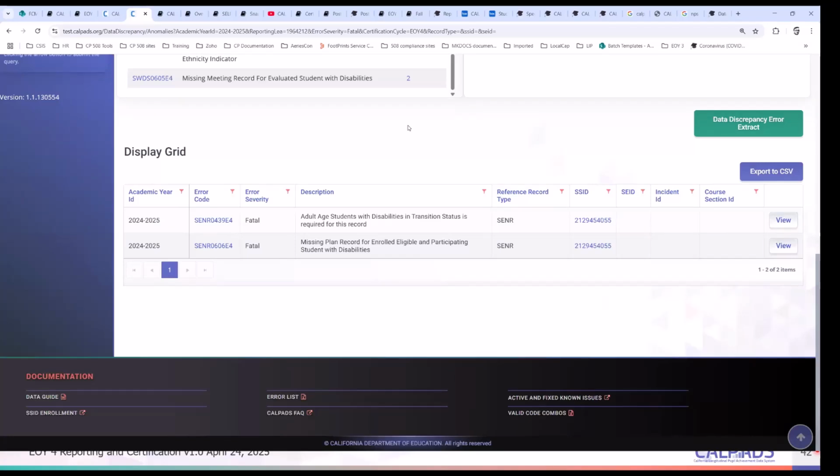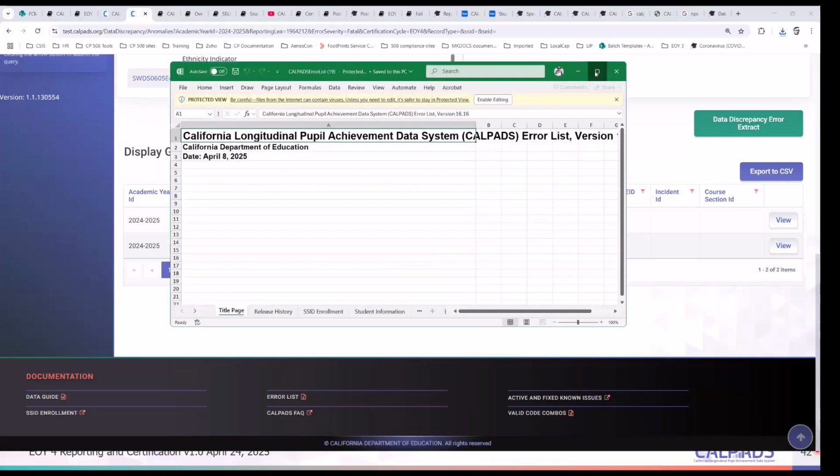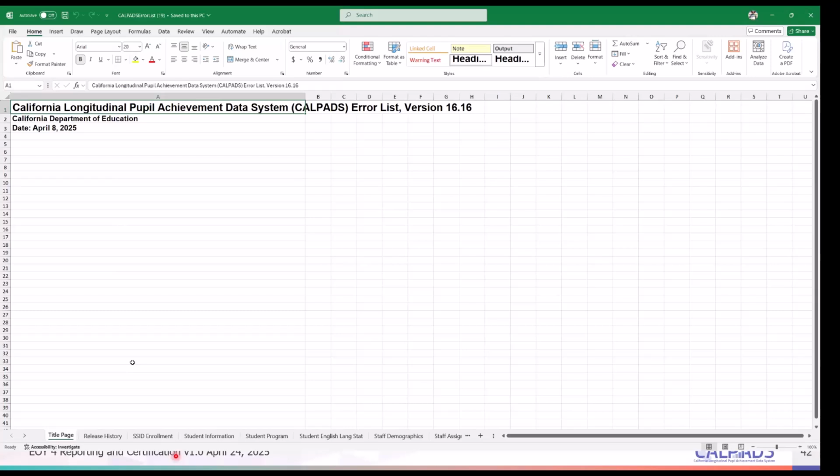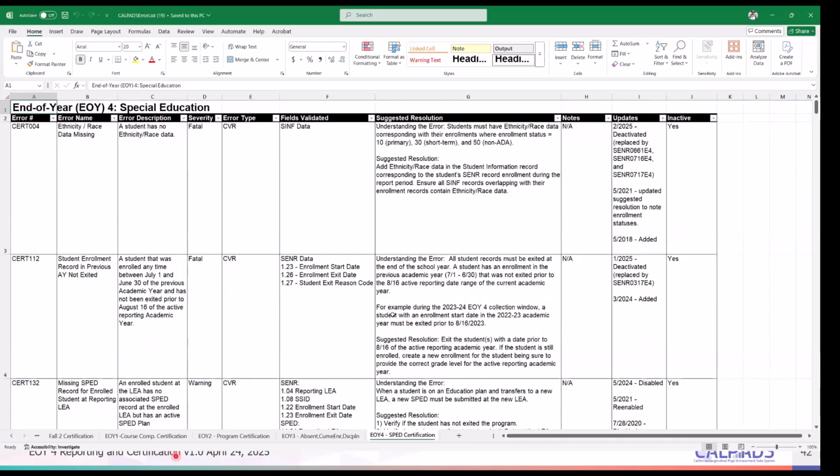So your common tool would be your CalPADS error list. Right now, we have CalPADS error list version 16.16. So this is the spreadsheet version, right? If you are a person who wants to filter, wants more flexibility, and is adept with spreadsheets, then download this and go to end of year 4, and you would see all of the errors listed here.